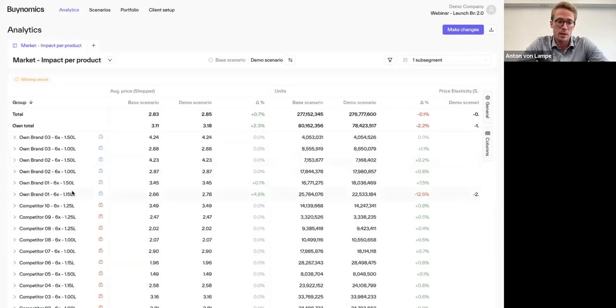So we see here our product that we increased. We increased the price, and we see an impact on the units. As expected, we're losing some sales, but they're not just going out. They're being captured to some extent by competitor products, and to some extent by our own products. And these dynamics, those cross effects that Ingo just mentioned, are very crucial in getting the dynamics right